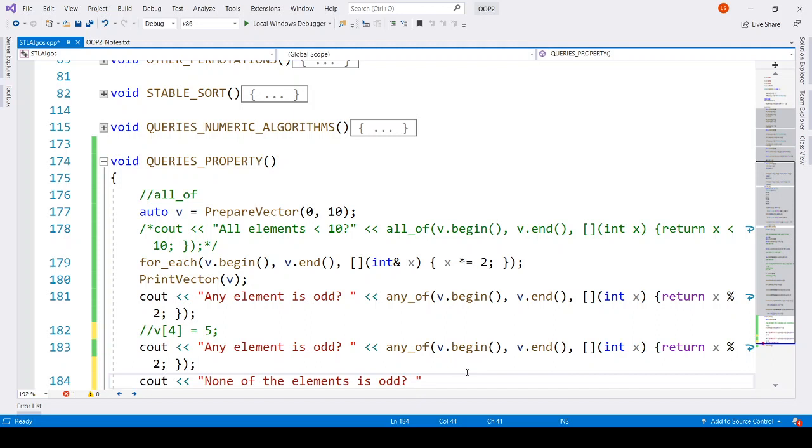Actually, no element is odd, so that is an affirmative. So none of v dot begin, v dot end, and the predicate will be